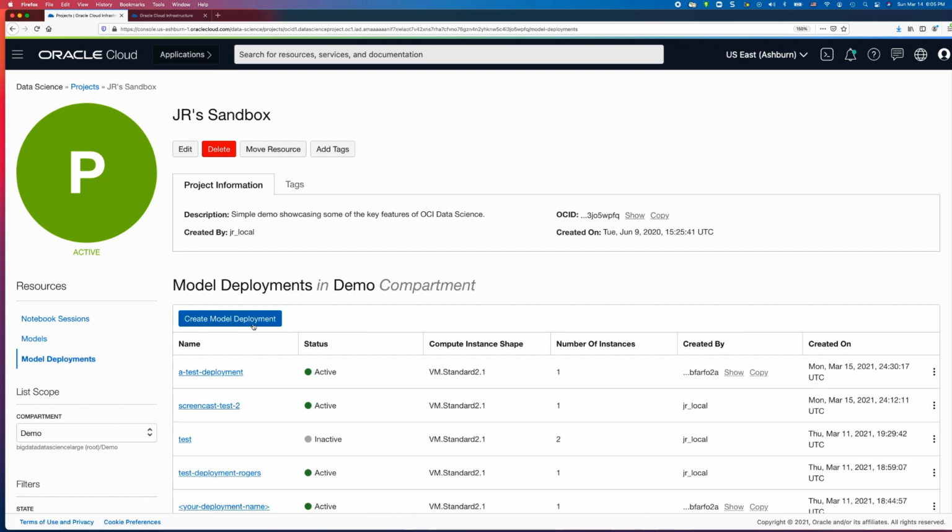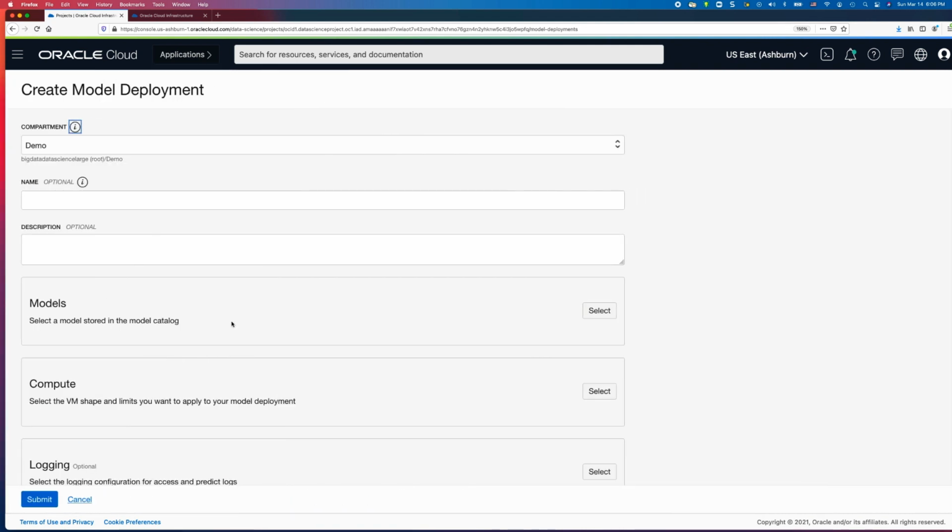So I'm going to walk you through this flow in this example. I'm going to click on create model deployment, and this will open a window where you have to select a compartment for your deployment. You assign to it a name. I'll call it screencast deploy, a description,